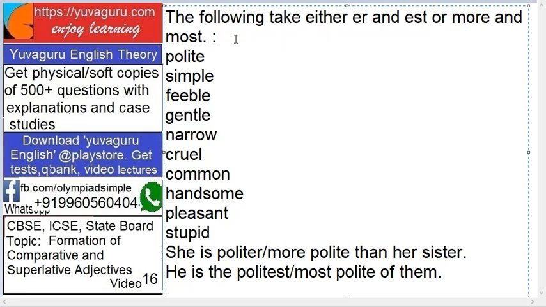That is also comparative superlative. Means these words have two types of comparatives and two types of superlatives. Simple, simpler, simplest. More simple, most simple. That is also allowed. Feeble, feebler, feeblest. More feeble, most feeble. Gentle, same logic. Gentler, gentlest. More gentle,